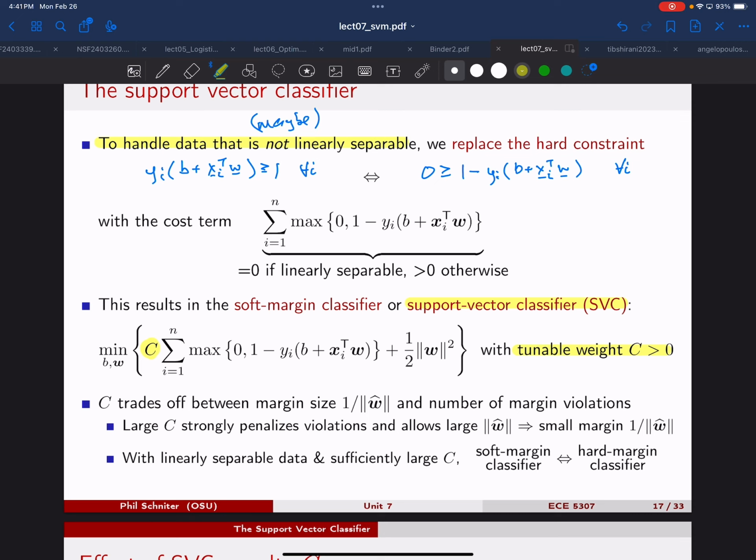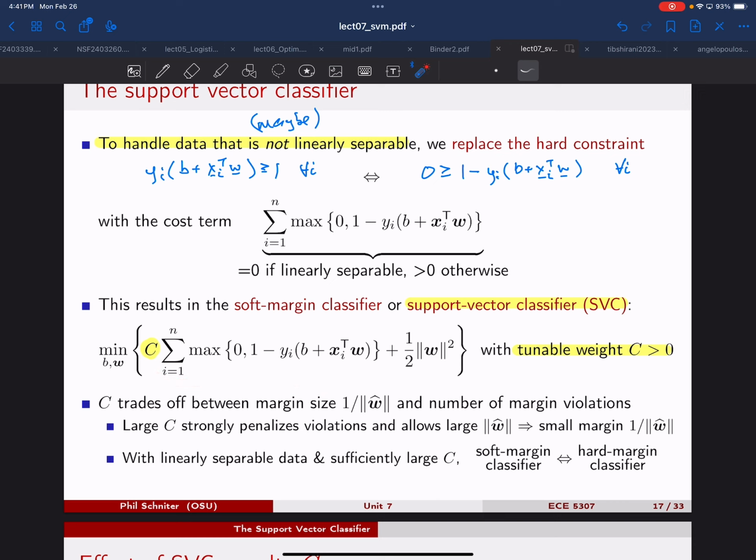Okay, so C is going to trade off, when we do this minimization, we want to minimize the sum. So if I choose C really large, that means that it's going to be very sensitive to this. So if C is large, when you do the minimization, it will do whatever it can not to make this very large. It will allow this to be large just so that this part doesn't get multiplied by some huge value for C. Okay, so large C means it encourages this to be small and doesn't care as much about